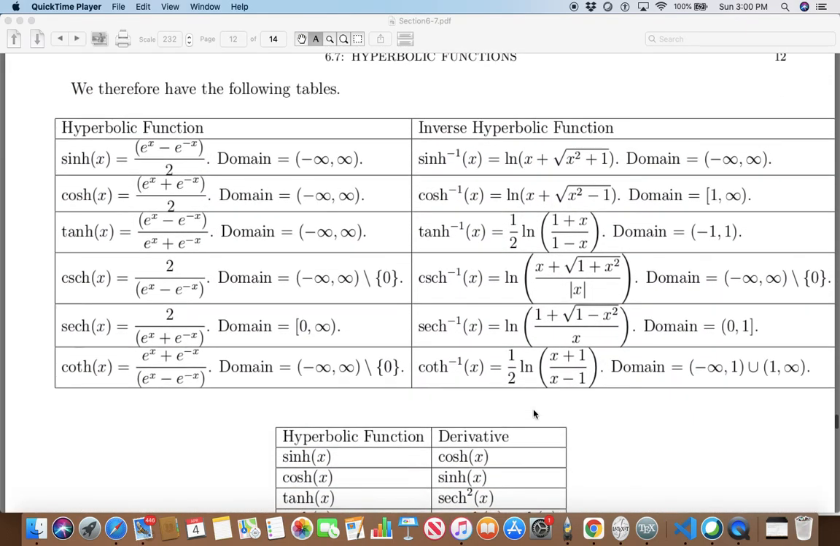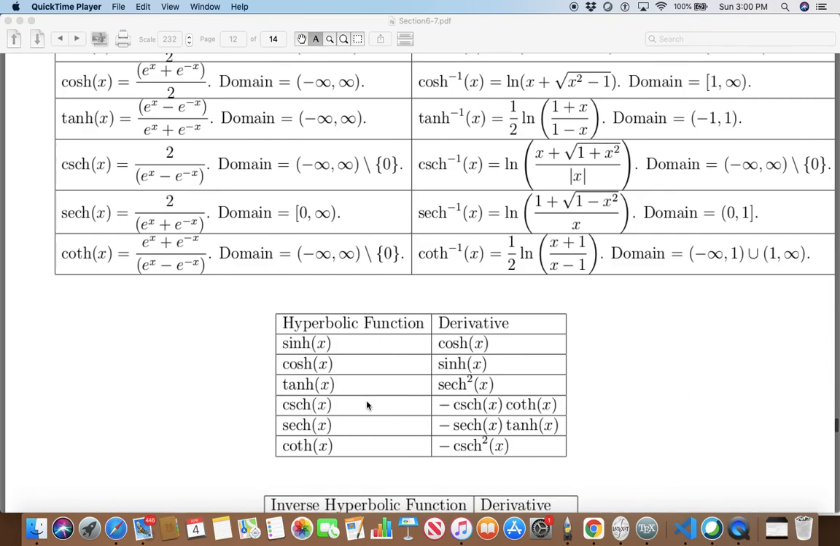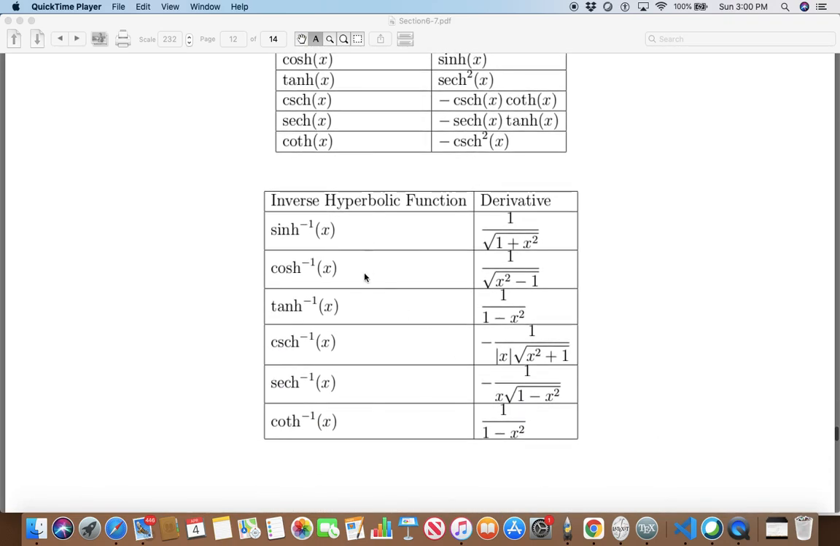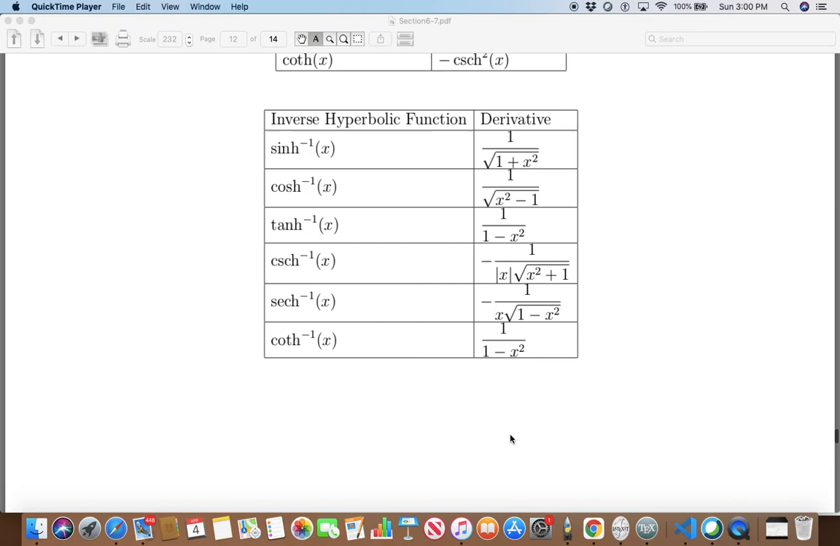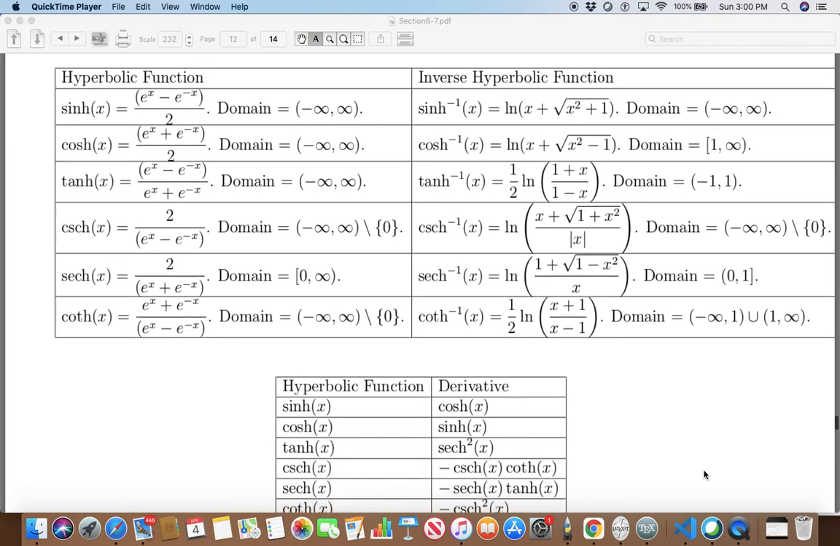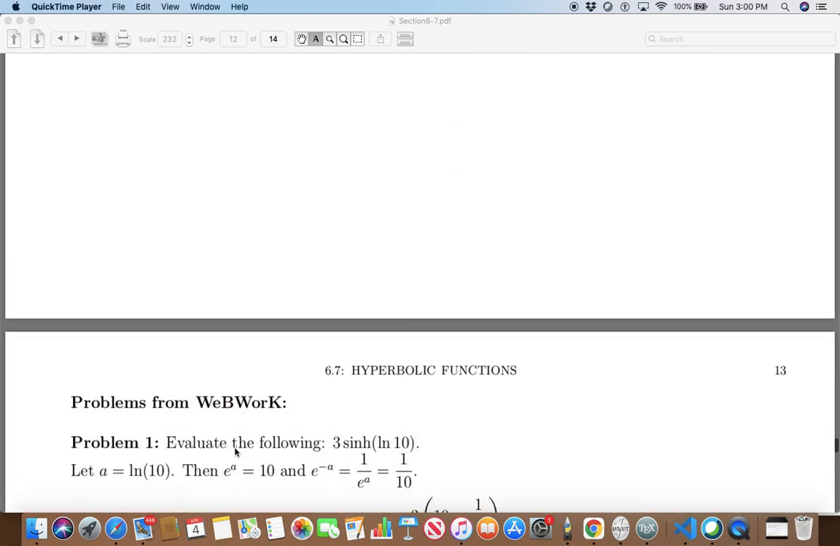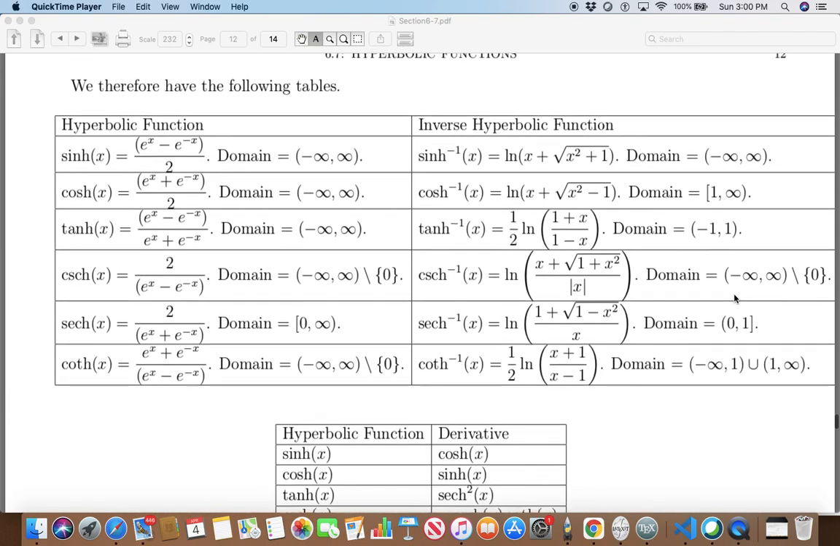So here is a summary of everything we have done so far. Hyperbolic functions, their domains, inverse hyperbolic functions and their domains. Hyperbolic functions, their derivatives, inverse hyperbolic functions and their derivatives. So that completes the theory of this particular section. Have a good look. Maybe you will be able to write these things yourself, and we'll continue on problems from WebWork in our next video. Until then,